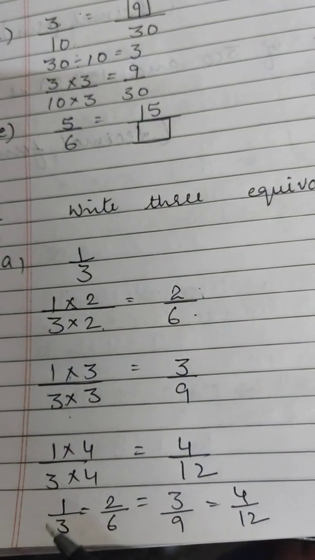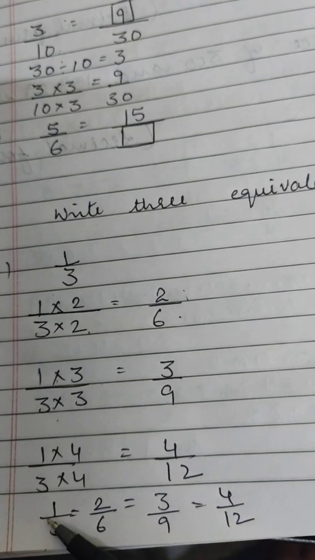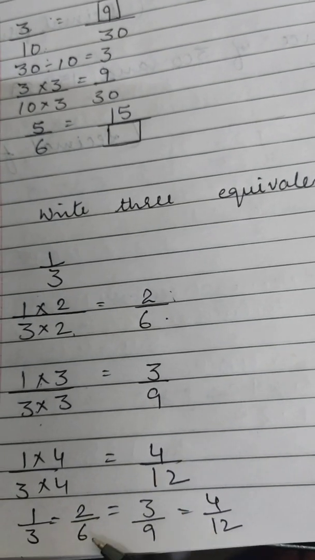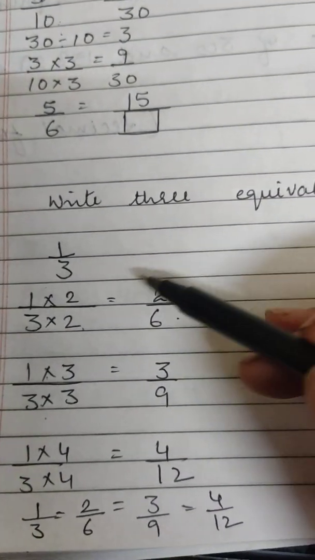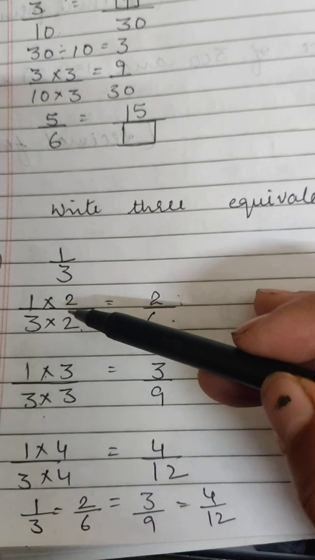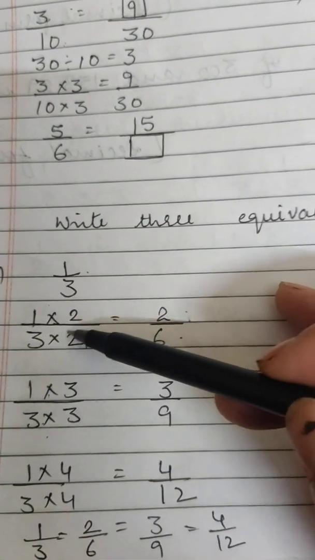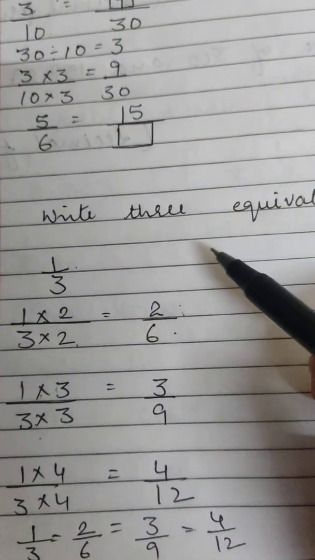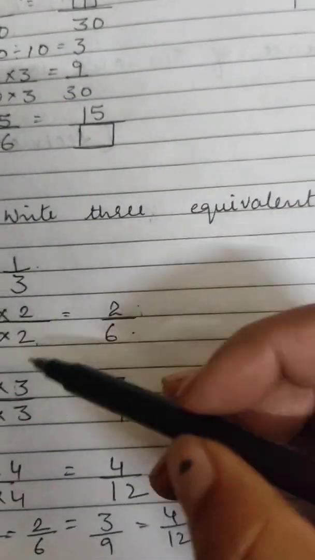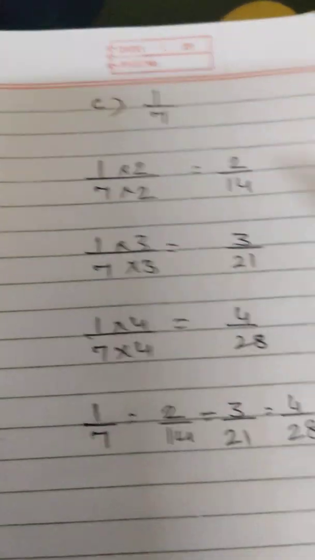तो ये हमारे 1 2 3 4. 1 was already given, एक क्वेश्चन में ऑलरेडी था, बाकी 3 हमने फाइंड आउट किए. ये सारे क्या है, इक्विवेलेंट फ्रैक्शन. Just remember, to find out the equivalent fractions we will not multiply by 1, because अगर हम 1 से मल्टीप्लाई करेंगे you will get 1/3 only. तो हमने 2 से करना है, 3 से करना है, 4 से करना है, 5 से करो, 6 से करो. 2/5 you have to do it yourself.